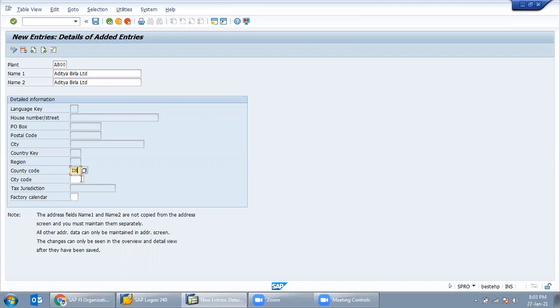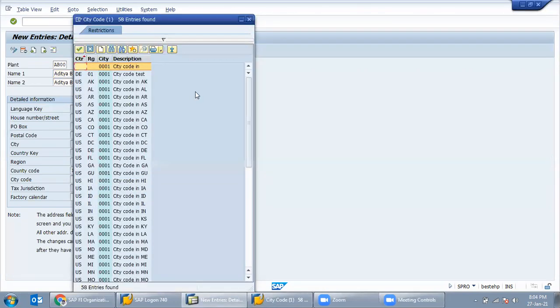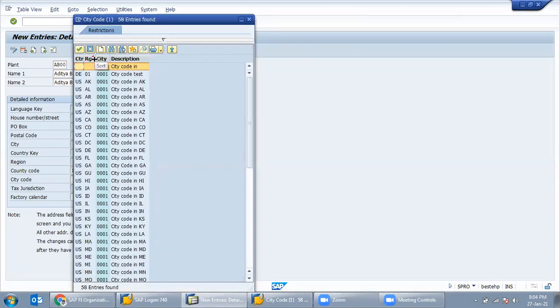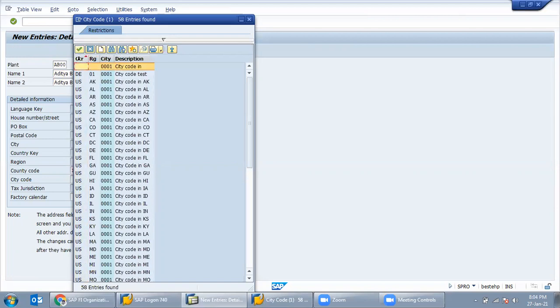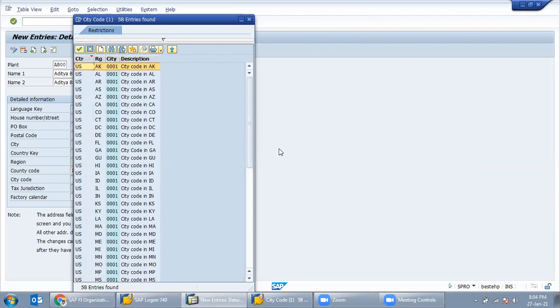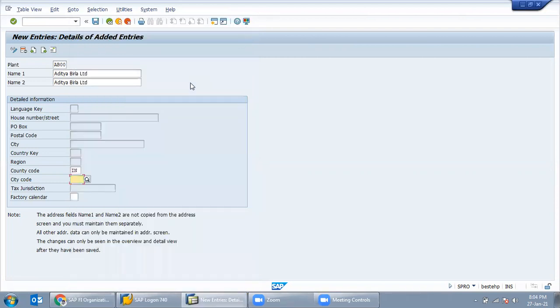City code, region is India. Just a minute.